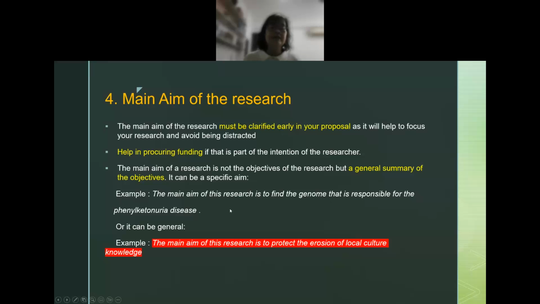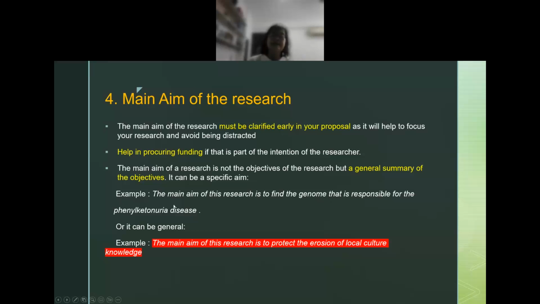Phenylketonuria disease. I am not a science person, but from this I can also tell. Or, the main aim of this research is to protect against the erosion of local cultural knowledge. So basically, your main aim is a summary of all your objectives.